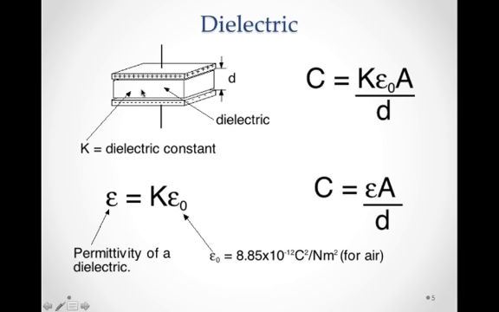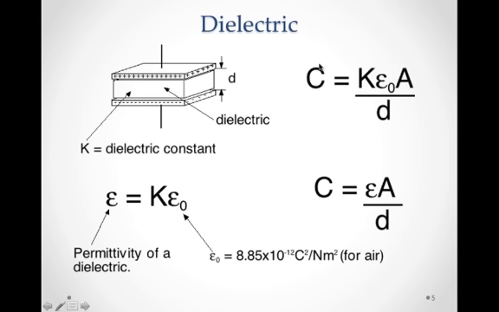Before, in our previous example, we had air in between these two plates, but if we put certain materials between these two plates that are insulators, that don't allow current to flow from one plate to the other, but do have certain properties that actually magnify the electric field strength between these two plates. There's a polarization process that happens within this insulated material that actually, again, magnifies and concentrates the electric field and